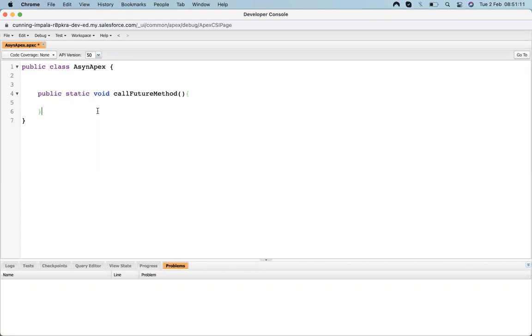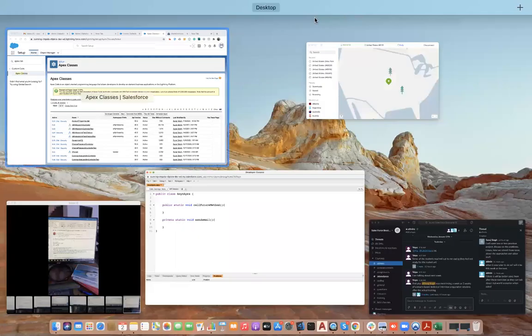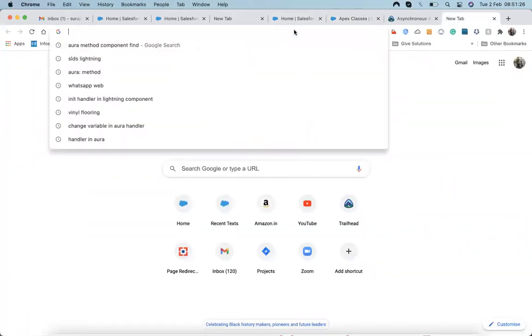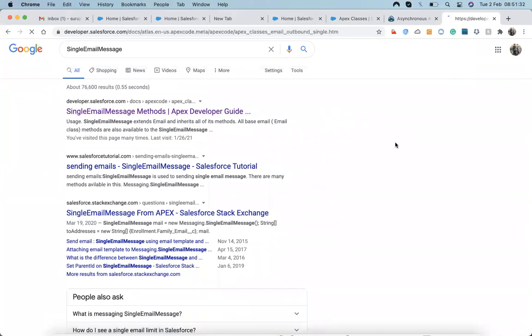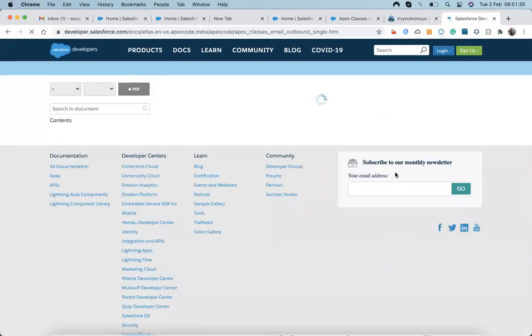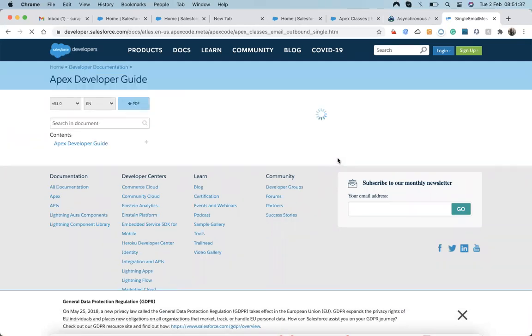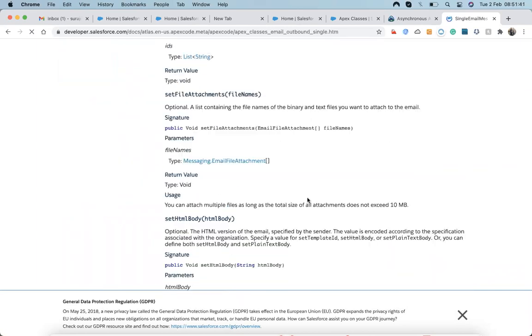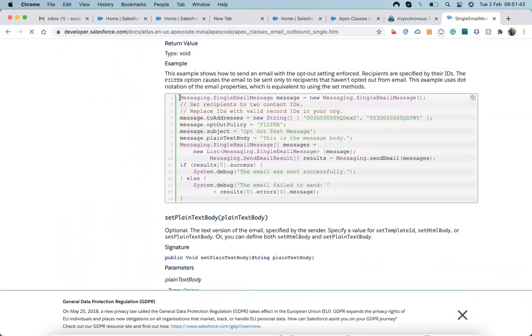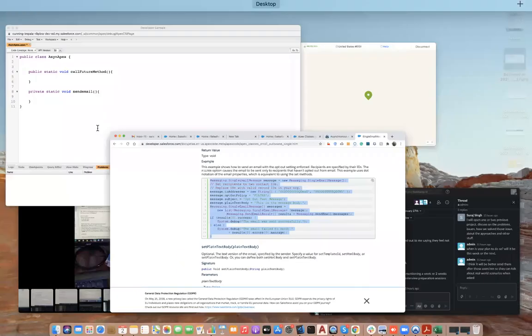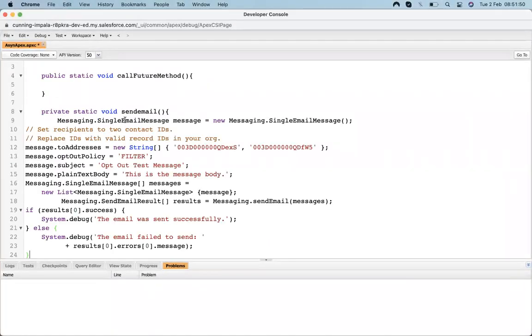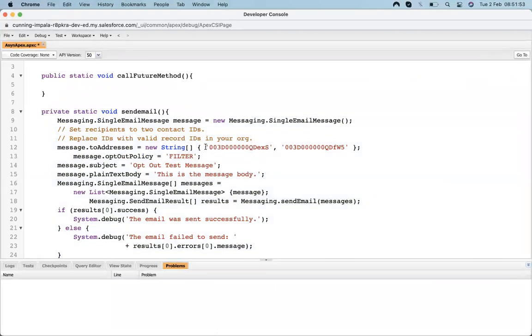Let's send an email. Single email message. And we will pass this ID here.